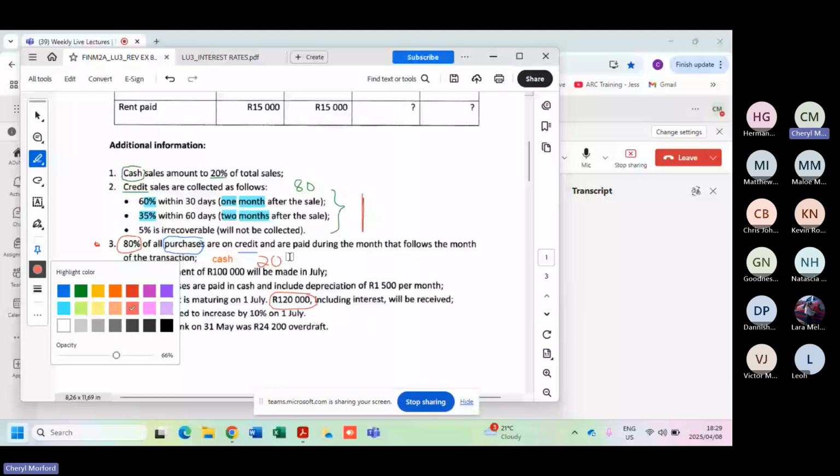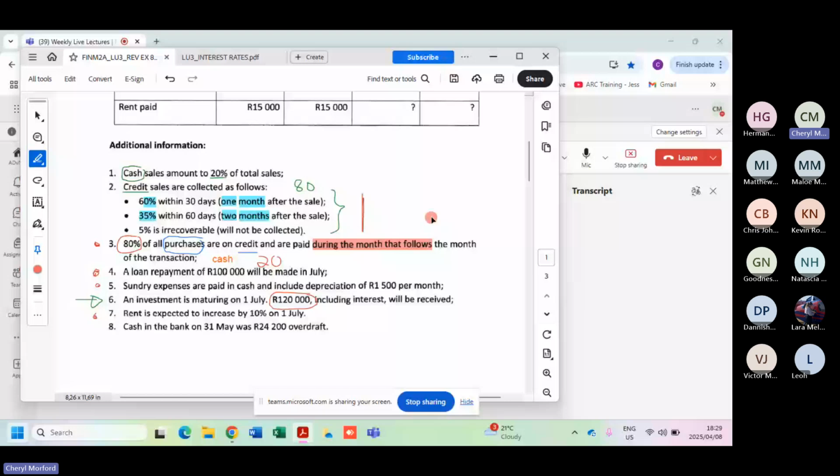Paid all one shot during the month that follows. So it's collected in one amount. Purchases paid in one amount, and it's 1 month later. So we do not need to actually do a table here because it simply is going to be lagging by 1 month. Are we clear on that? We are paying one shot when 1 month later. We lag by a month. So we don't have to split it. So it's not such a drama. So we don't need to do a table for this one.